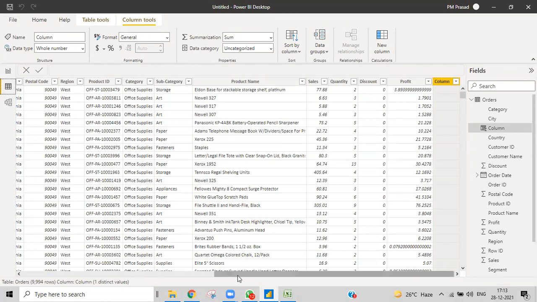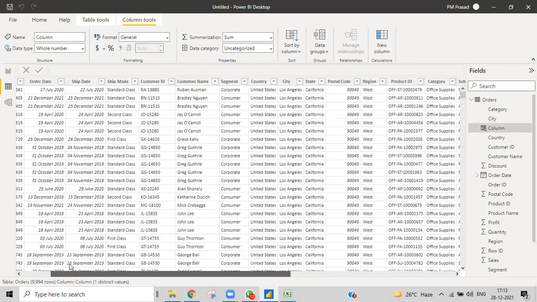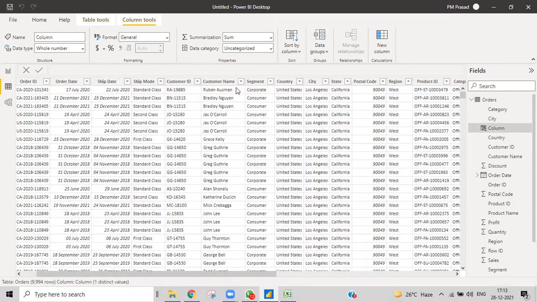I do have my customer name, country, city, and state. But I don't have an address. So what I can do is create a column for the address by combining these values: name, city, state, country. Then we'll have an address like Samprasad from this city, from this state, and from this country. You can combine these values and create a column using a new column.